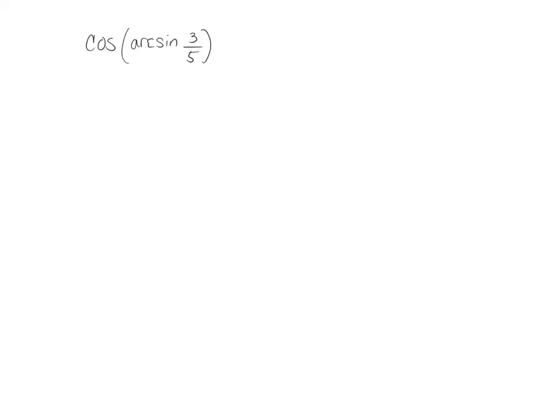Just kind of an interesting problem type that we come across in our study of trig and the circular functions. Simplify an expression like the cosine of the arc sine of 3/5, which could equivalently be written as cosine of the inverse sine of 3/5. And key to these problems is recognizing what this inner expression really means. That's the angle. Technically, it's an angle between negative pi over 2 and pi over 2, whose sine